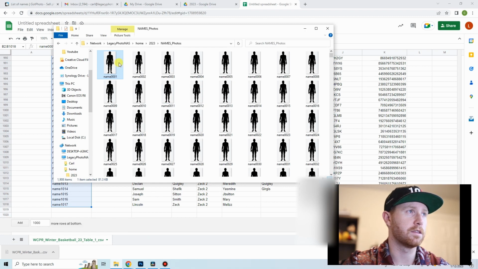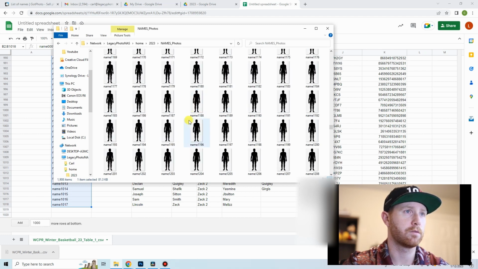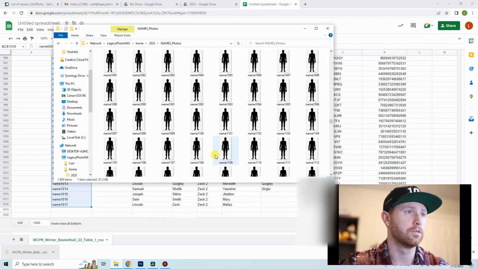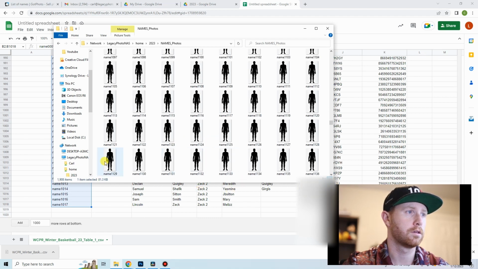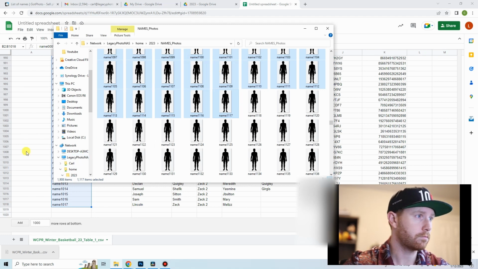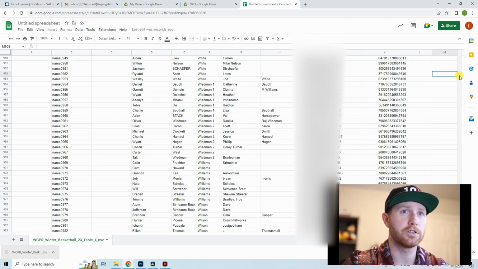So when I come back here, this tells me that the first person is going to use this picture, and so on and so forth. So 1017, so it's going all the way to, where'd it go? Here. Boom. So it's going to use all these photos. These photos don't matter, right? But I'm going to go ahead and keep these for right now. Okay? So to finish getting this spreadsheet,